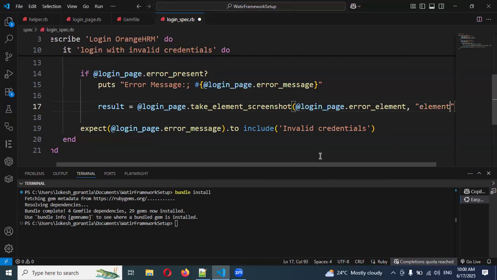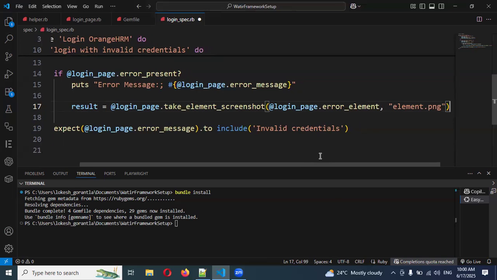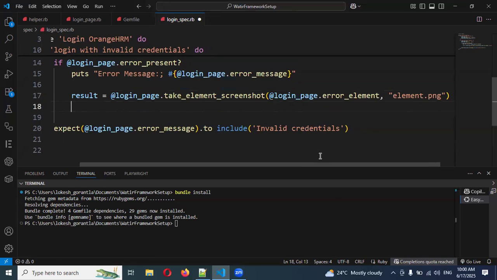element.png. Okay, .png I'm taking. Now I'll return what are the things present there, right? Everything I'm going to display. Puts,